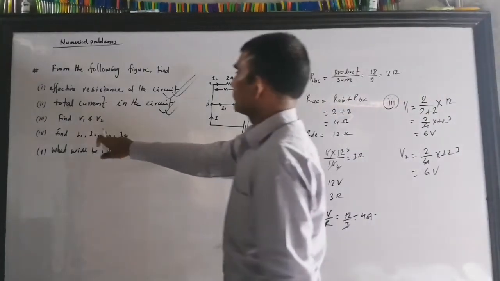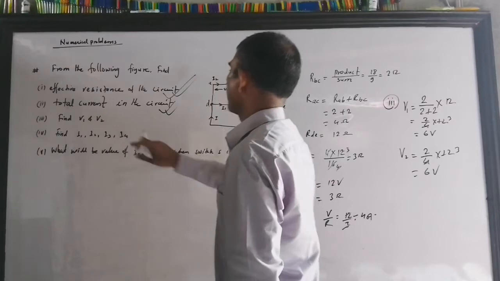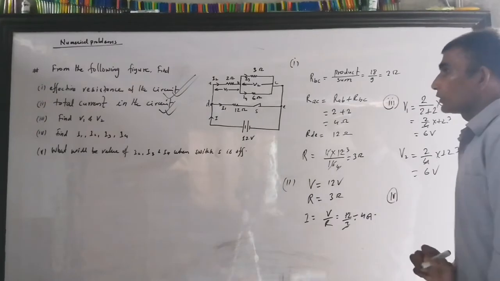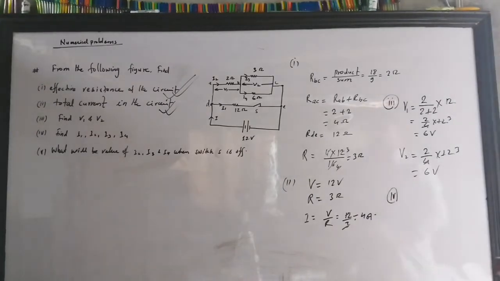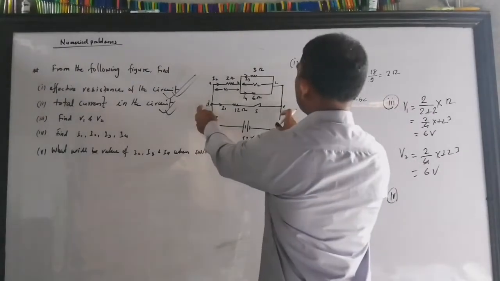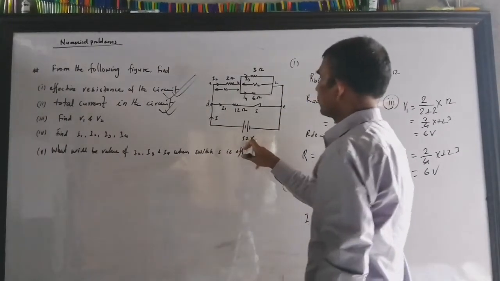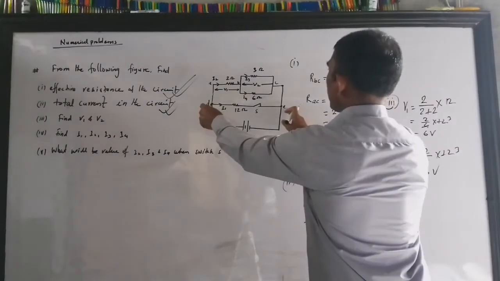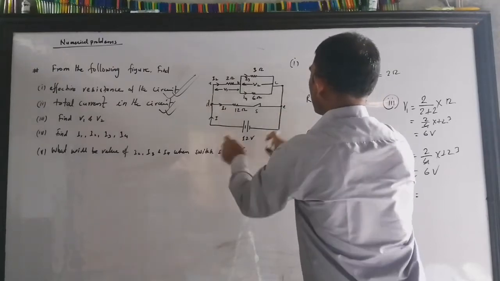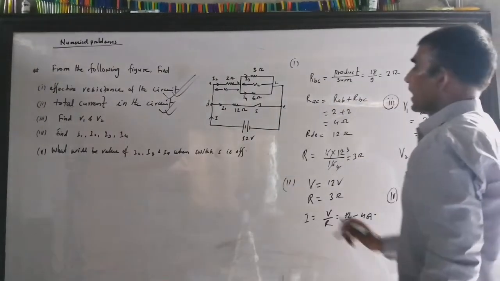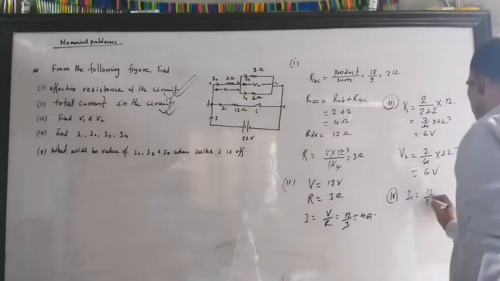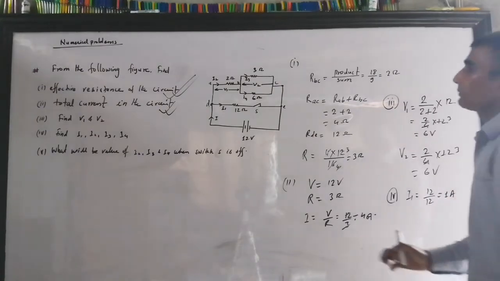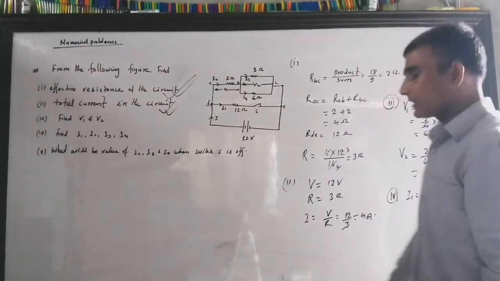Next I have to find I1, I2, I3 and I4. So this was the third question, and then there is a fourth question. The fourth question is I1. To find I1, see, this voltage from D to A is known, and the resistance is known, 12 ohm. So I1 will be the total voltage across D to A. Tell me what? In parallel, the same 12 volt. So that becomes 12, and the resistance between is 12. So 12 upon 12 equals 1 ampere. So 1 ampere current is flowing through this 12 ohm resistor.